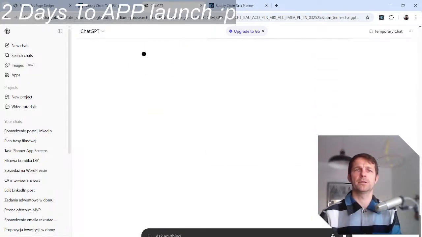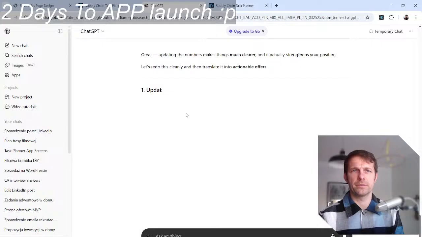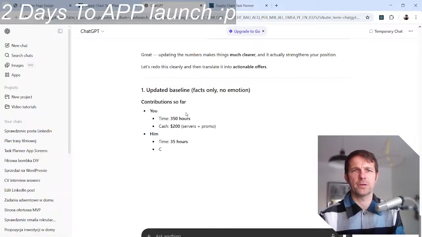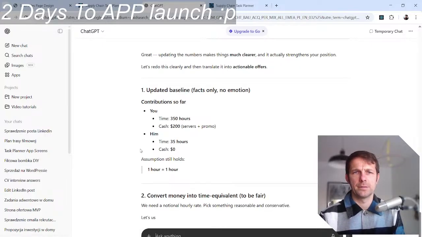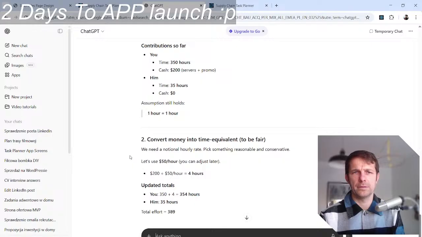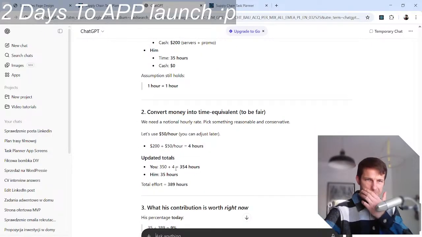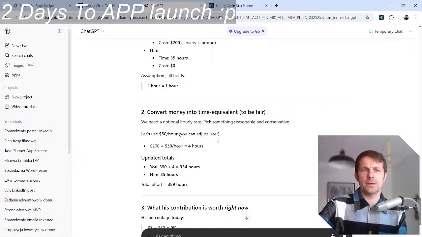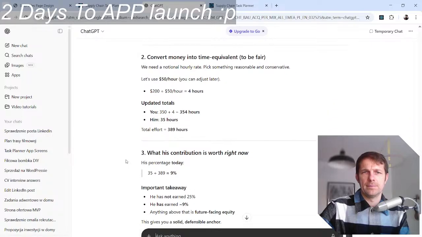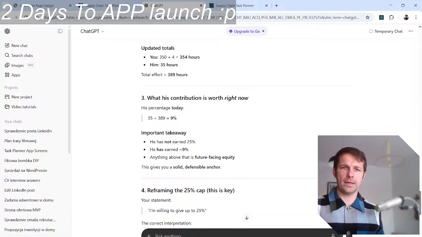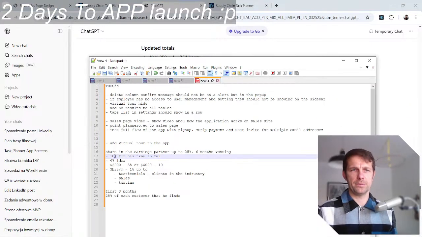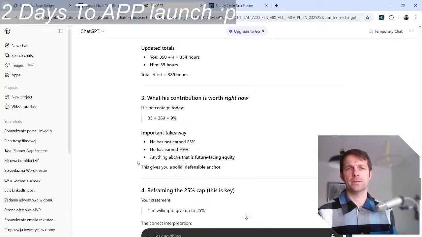Yeah, okay, because that's probably more fair. I think he did a bit more. So okay, 1 hour, that's fine. National rate, that's fine. Okay, 4 hours, so $200 for extra hours. 9%. Okay, so we give him 9% here for his time so far.